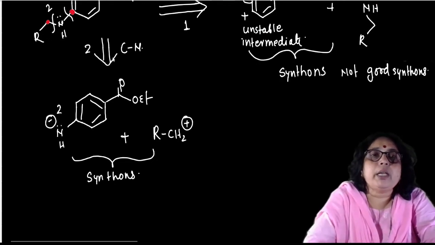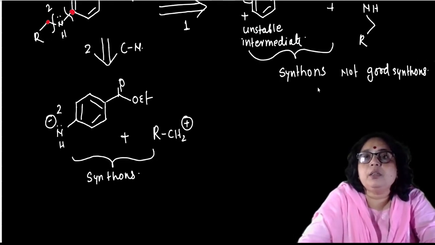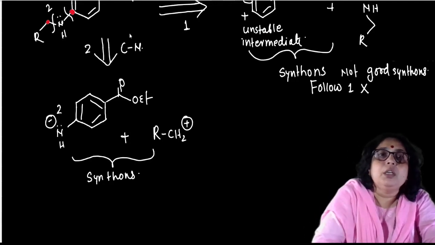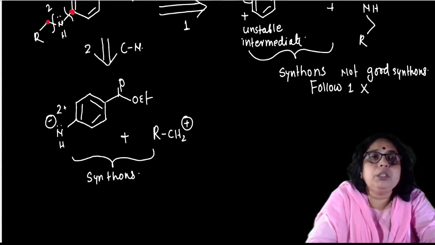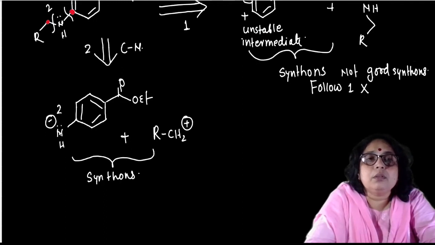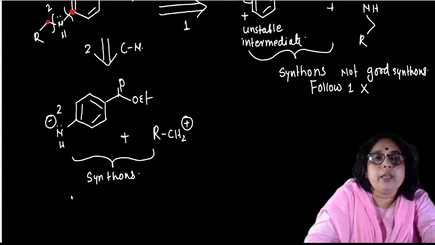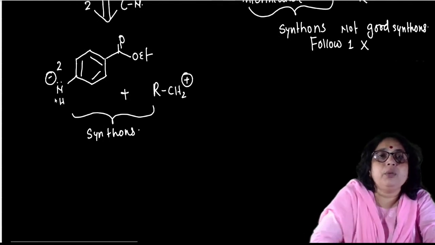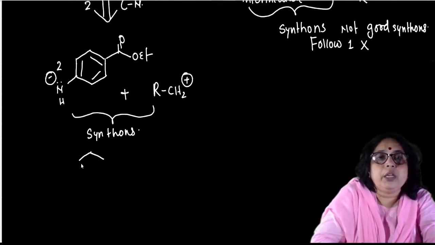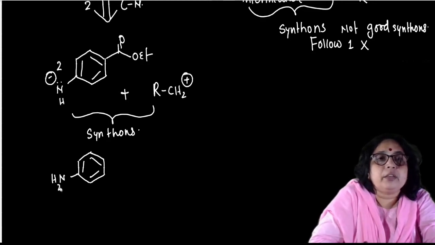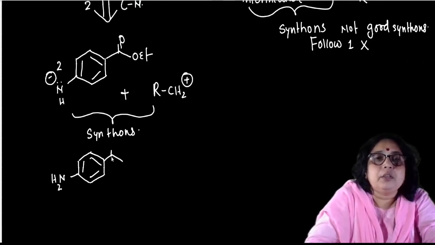Now look at the second pathway. First pathway, we are not going to follow it. Now second pathway will give you two synthons and they are quite good synthons and you will get the chemical equivalents. So here you will get the chemical equivalent,